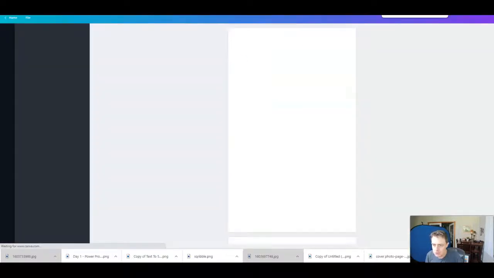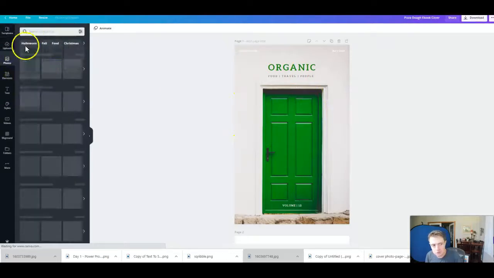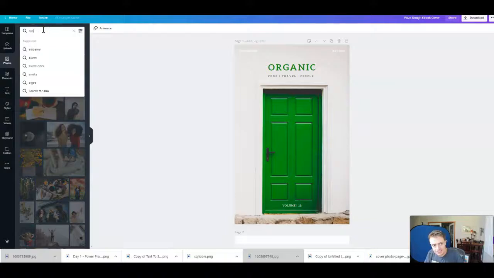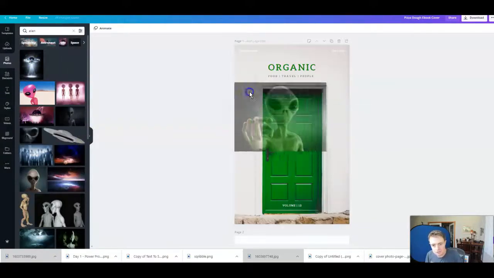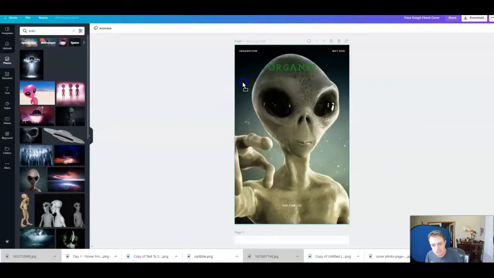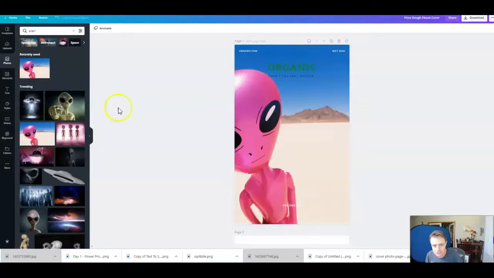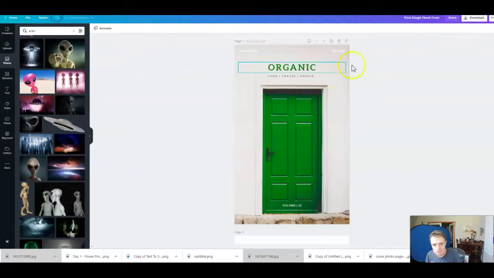And you can look through, but you can change the pictures out. If you come over here to photos, you can search for a different photo. Like maybe I want like an alien instead. Let's do an alien instead, right? You can do a different photo. That's just going to change your visual altogether. So like right here, completely different photo, right? So you can do pretty much anything you want in that respect, but we're just going to leave the door